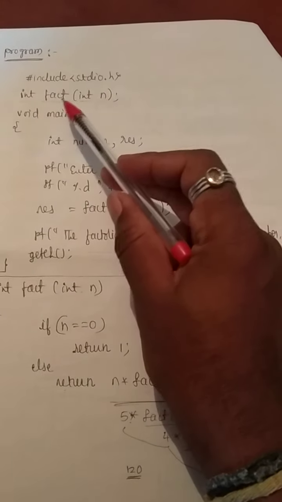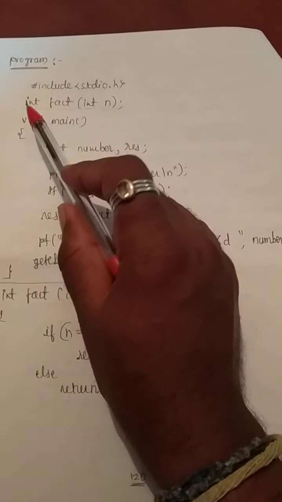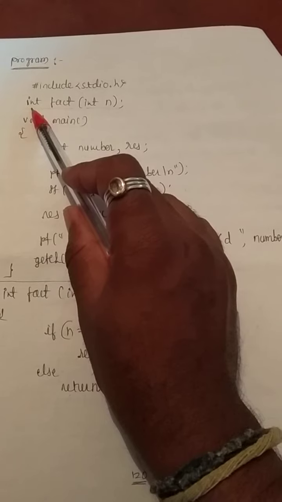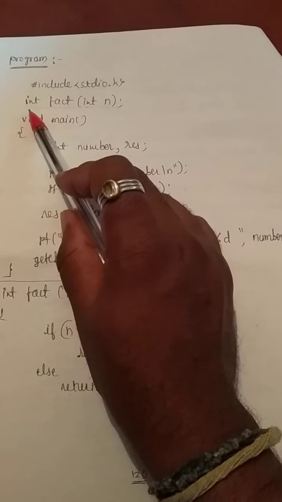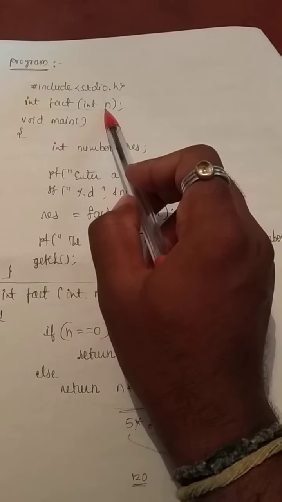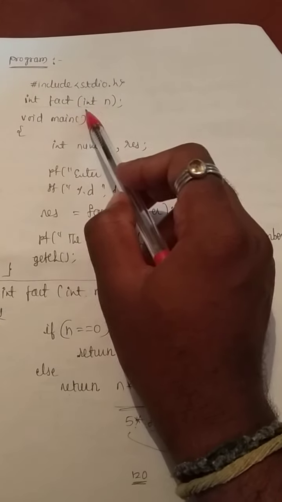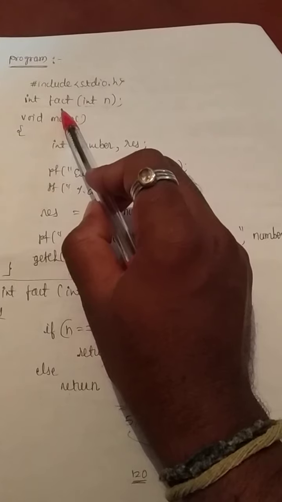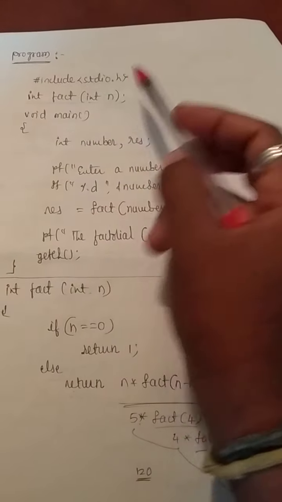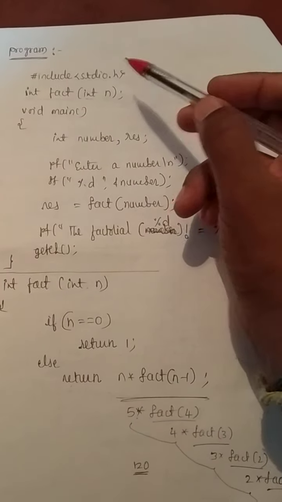Now see, out of the 4 categories of functions, this function is known as a non-void function with parameters. Non-void in the sense other than void, I have some return type. With parameters in the sense I am having some parameters here. See, the function name is fact. Non-void functions with parameters. Now the declaration part is over.